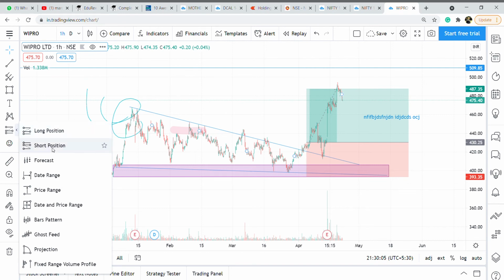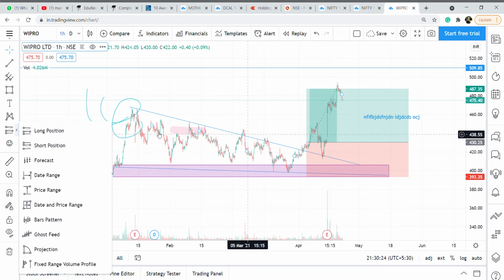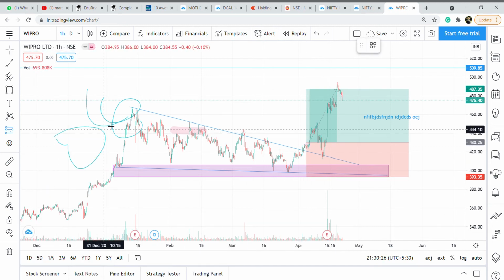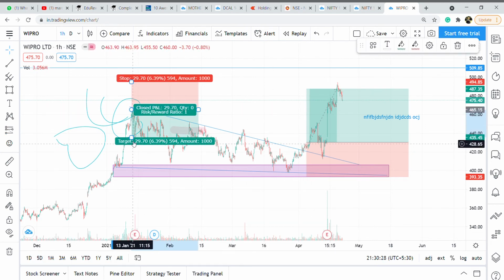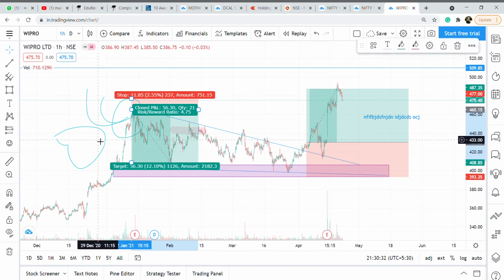So the beauty of the stock market here is, unlike other businesses where we first buy things and sell at a higher price to other people, we can also buy first and sell later, and another option is to sell first and buy later. So here I'm betting that the stock is going up. On the other hand, I can also bet that the stock is going to go down from here. So I can also calculate my risk and reward using these short positions.